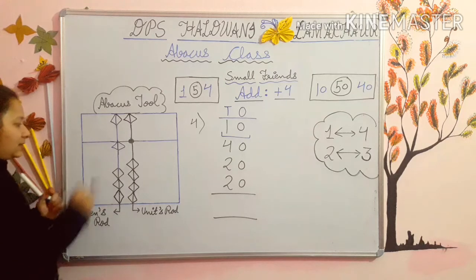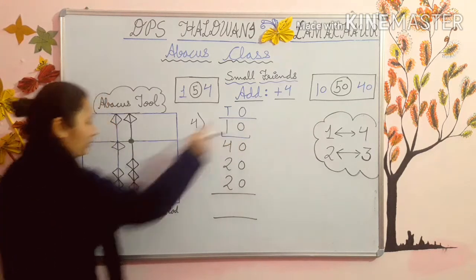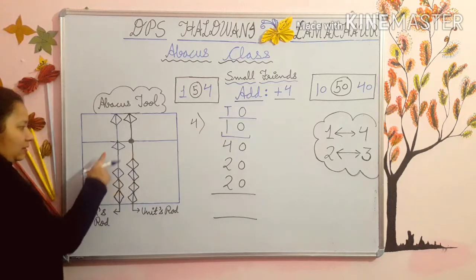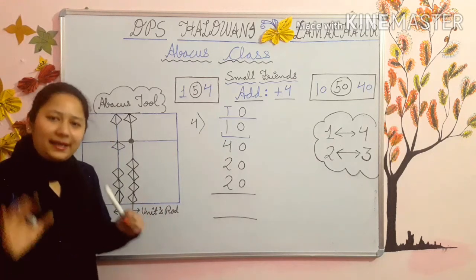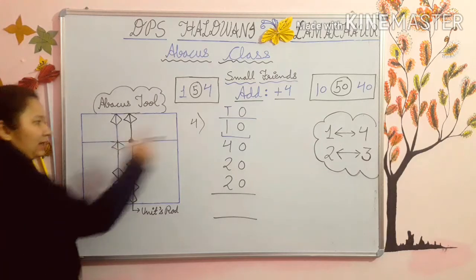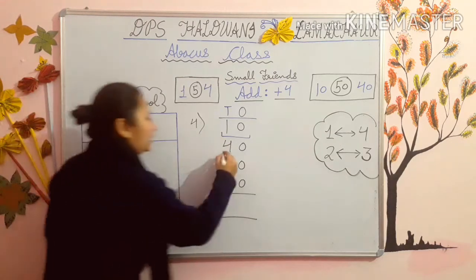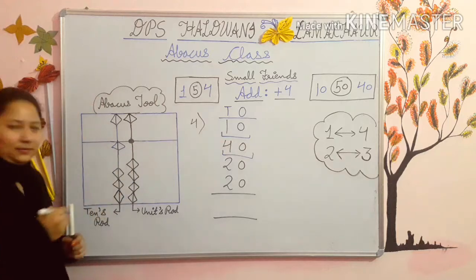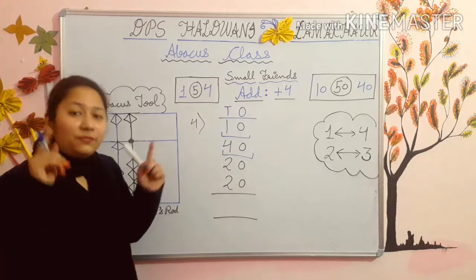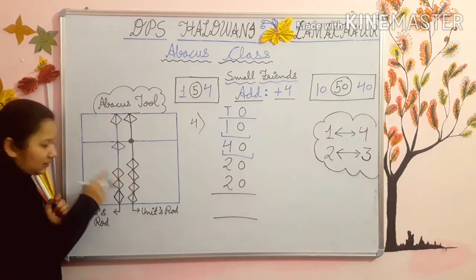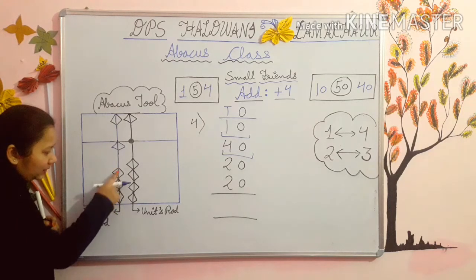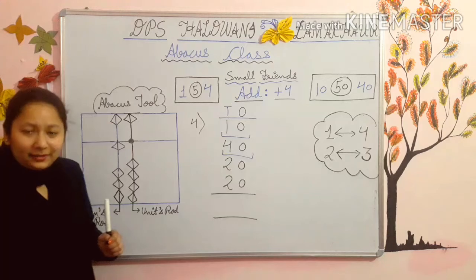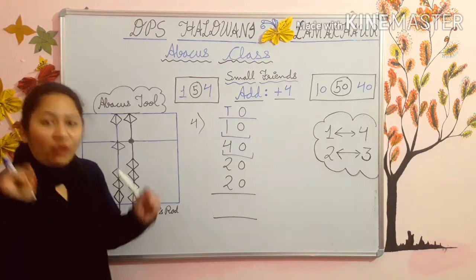Now you can see kids, if you will add like this, like 0 in ones rod, 1 in tens rod, so then also the answer will be same. So you can put the numbers directly as 10 in tens rod. Now the second is you have to add 40. Now for adding 40, see 40 means 10, 20, 30, 40. But here is 10, 20, 30. Only 30 beads are there and you have to add 40.